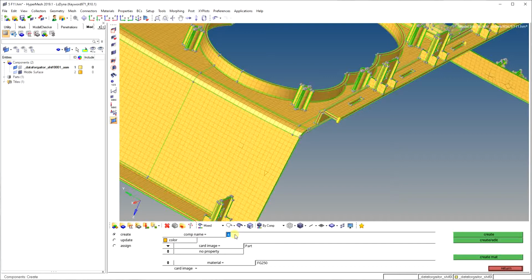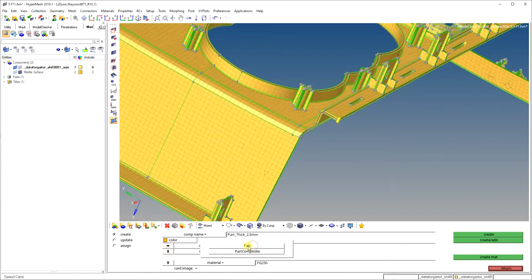Suppose we give the name as part 1, then its thickness, thick underscore 2.5 mm. I am giving the name as it is. Now we have to give the same name to its property. In this we have to select the card image.